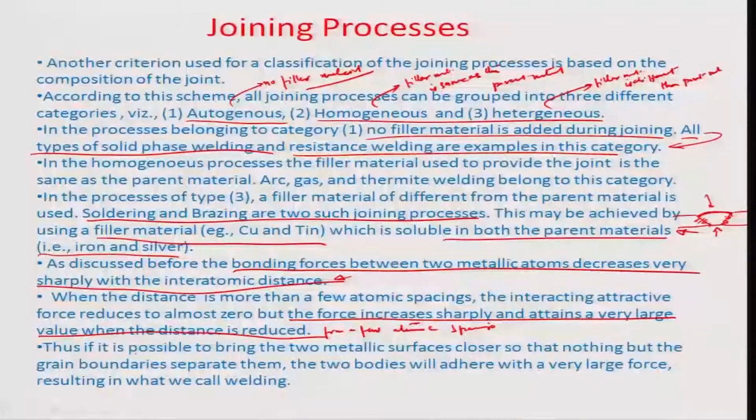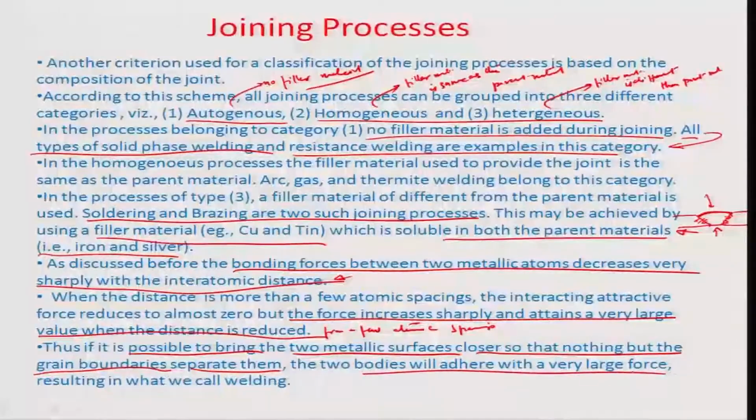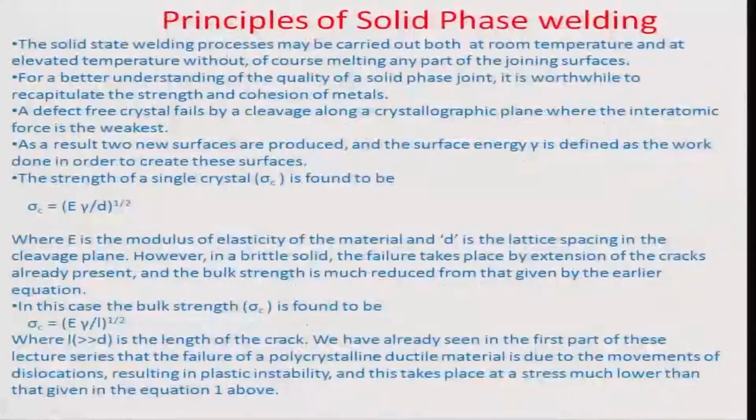Thus, if it is possible to somehow bring the two metallic surfaces closer, so that nothing but the grain boundaries separate them, the two bodies will adhere with very large forces, okay, and that is what we call welding. So, how to do this and what kind of mechanisms are deployed are basically again part of solid state welding processes. So, in a solid state welding process, we can carry out the welding particularly at room temperature, and obviously